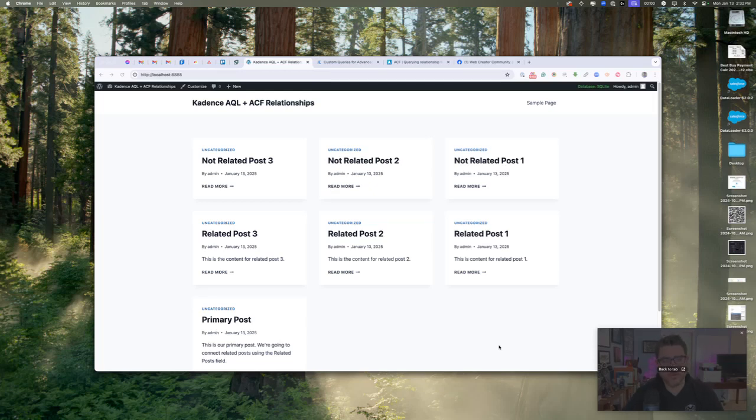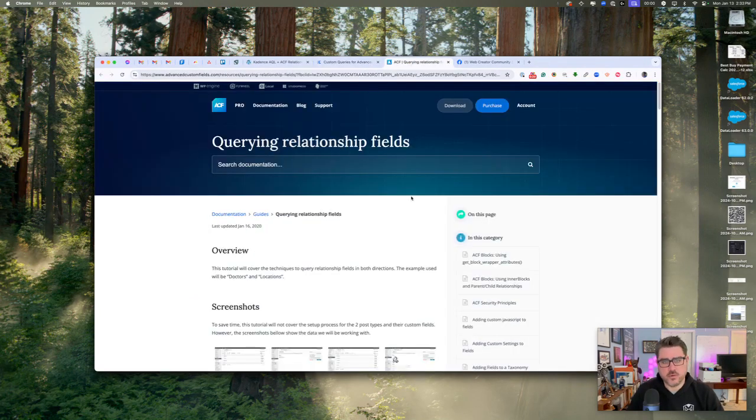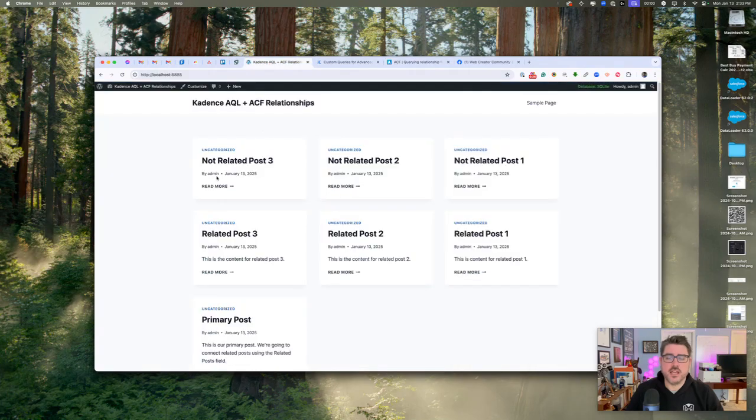I wanted to walk through an example on how to use Kadence Advanced Query Loops with ACF or Advanced Custom Fields relationship posts. This does require you to add a PHP filter to your site in order to make it work, but we are using the documentation provided by both Kadence WP and ACF in order to do this. And it's not a heavy lift. And there's examples that basically you can just copy and paste and edit, and hopefully it'll get you up